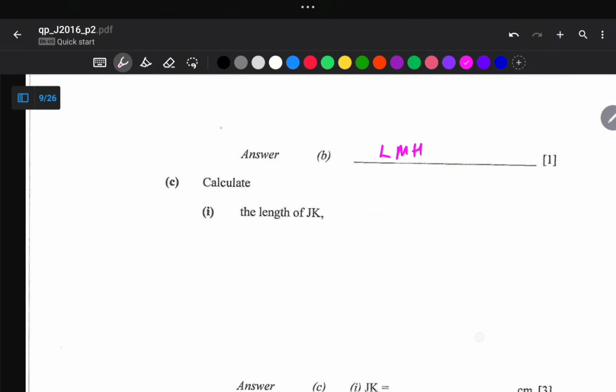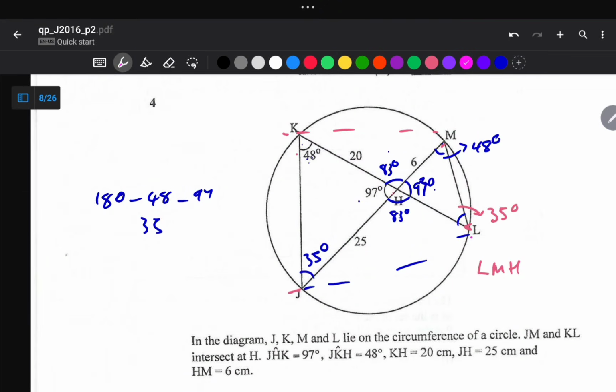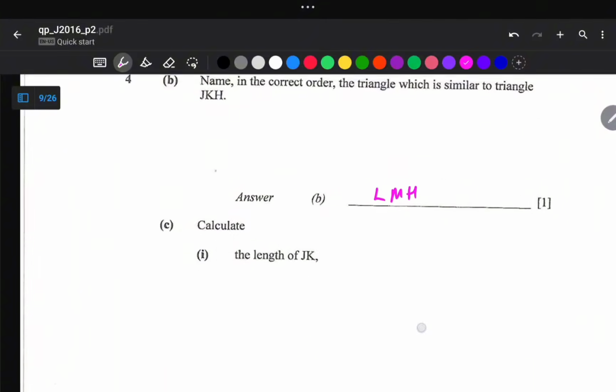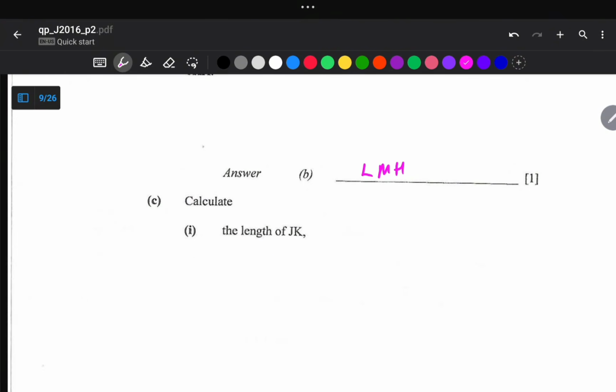Okay, and we are also required to calculate the length of JK. What is our JK? This is our JK here. For the length of JK, we are going to use our cosine rule, because we have this length 20, and we also have this one, 25, with this angle 97. So for us to calculate the length of JK, we are going to say JK